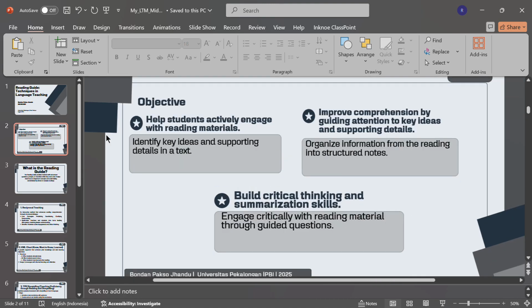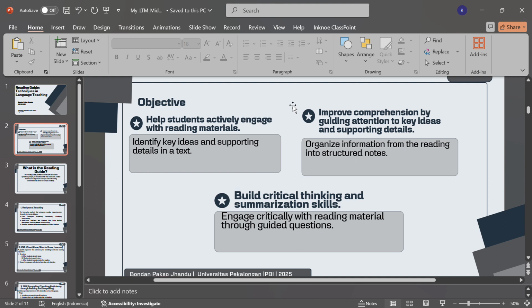For the first one, the objective is to help students actively engage with reading materials. It includes identifying key ideas and supporting details in a text. And then second is to improve comprehension by guiding attention to key ideas and supporting details.